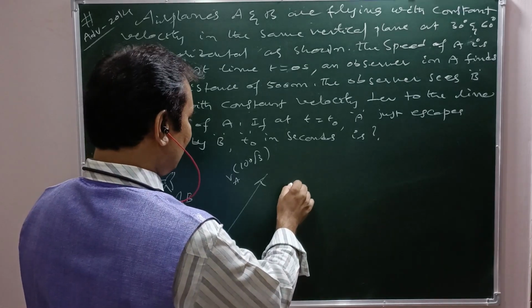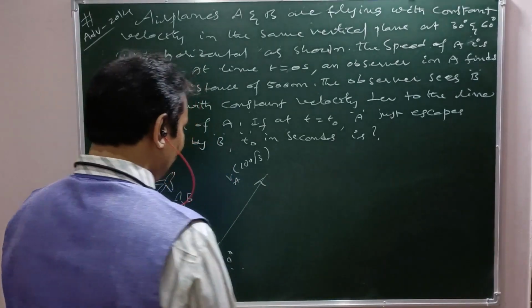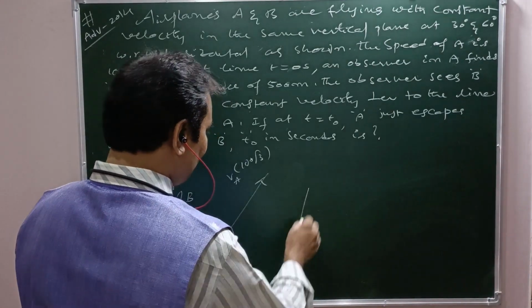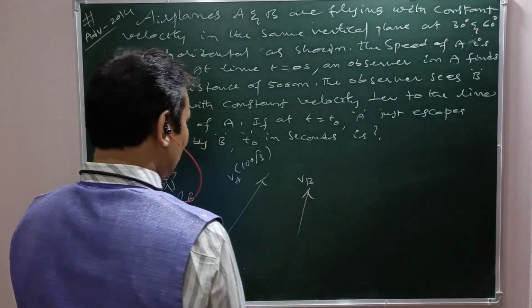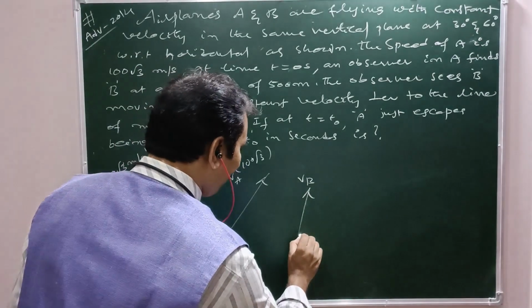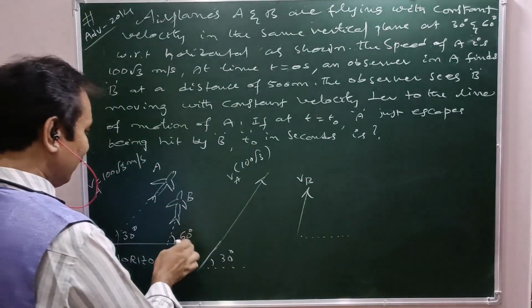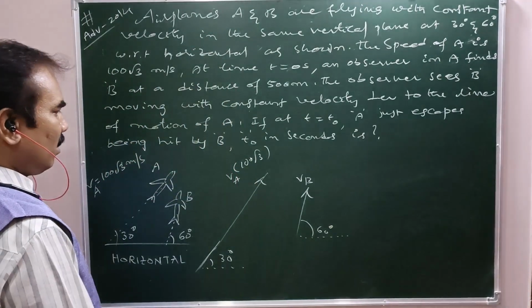Say this is 60 degrees. This is the direction of motion of B, VB. Right? What is the angle made by VB with horizontal? See, this is horizontal. The angle made by VB with horizontal is 60 degrees. Right? Now,